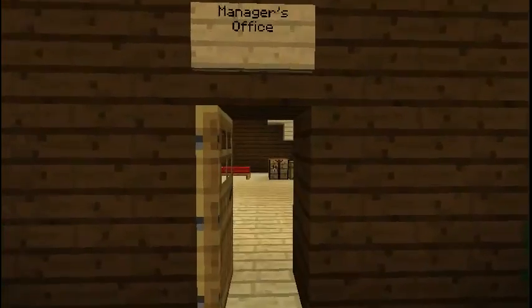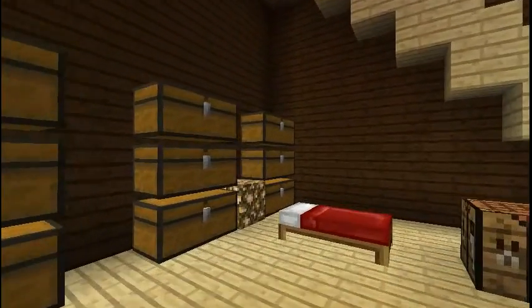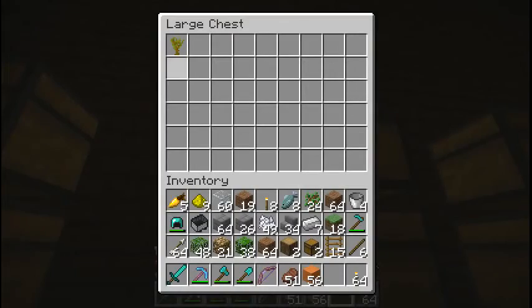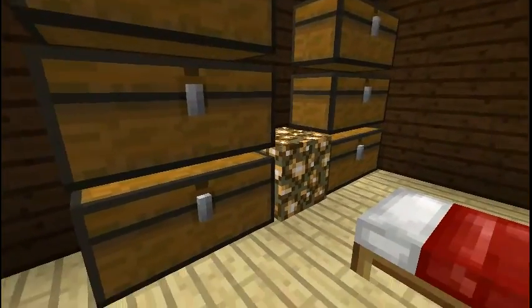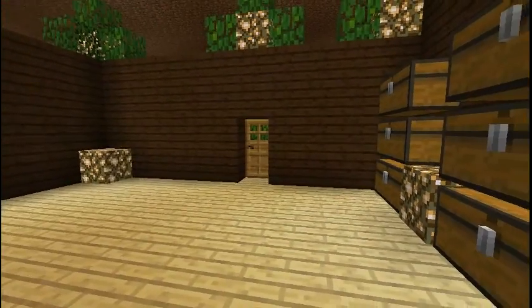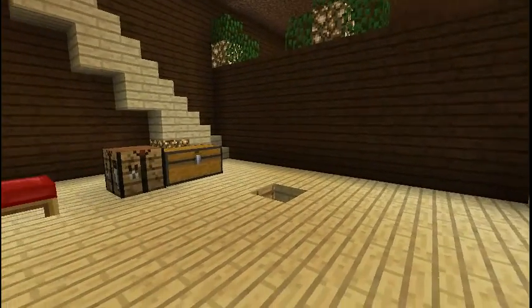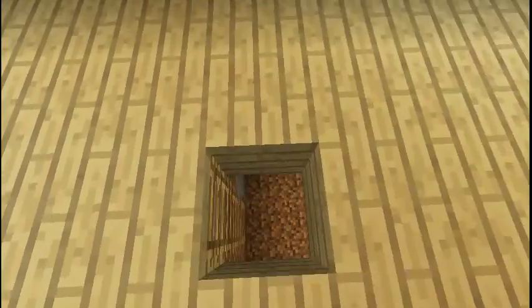In here, I got the manager's office, and this is just where I'll stick my surplus content. Like, I keep the saplings in these two sets of chests and logs in these two sets of chests, just to hold them for a rainy day, for like when somebody makes a run on a certain product. Make sure I have some on stock. Just some building materials, and you see sugarcane in there. Down below,